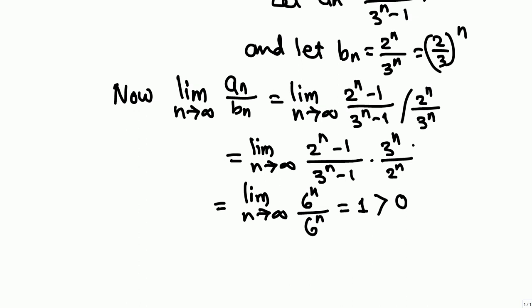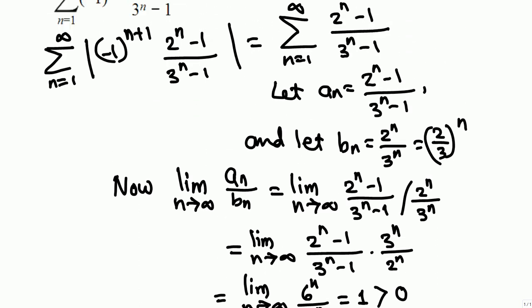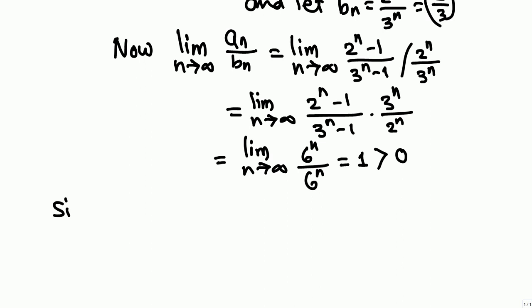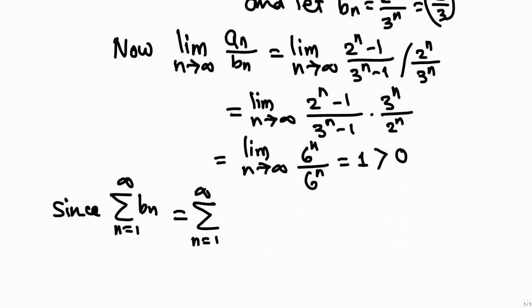That means the series with a_n and the series with b_n behave the same: both series converge or both diverge. What do we know about b_n? The series b_n, n from 1 through infinity of (2/3)^n, is a geometric series with common ratio 2/3 less than 1. Since this converges,